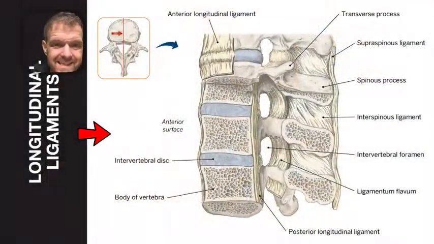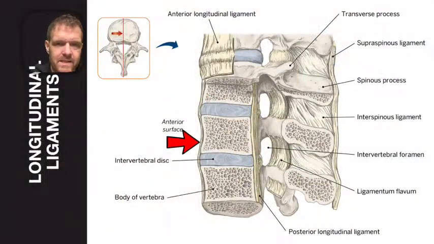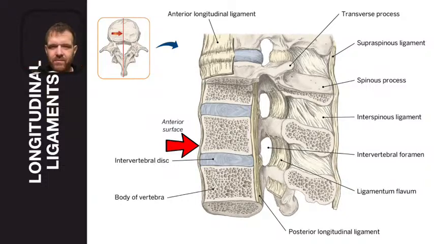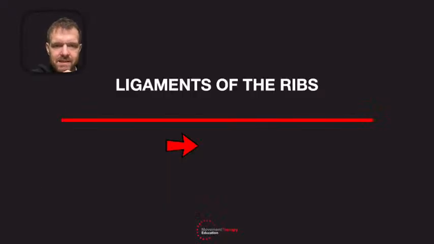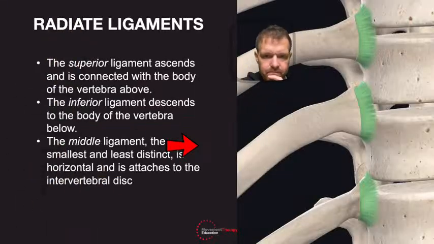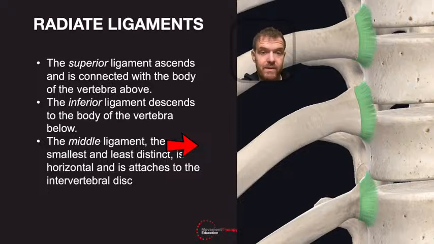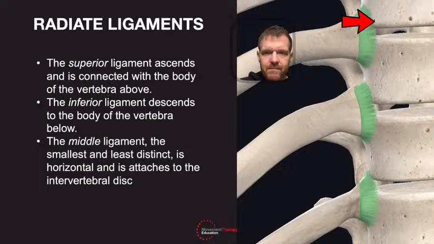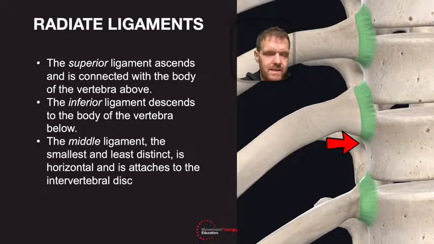Cool. So that's that. Okay, all of those ligaments there, and the images you've just seen are more lumbar spine, but it's exactly the same in the thoracics as well. The bit that's different in the thoracics is this. Okay, so we've got radiate ligaments in the ribs. So here's your facet joints for the ribs to attach onto the vertebral bodies. Yeah, so we've got these demi facets, like half facets,